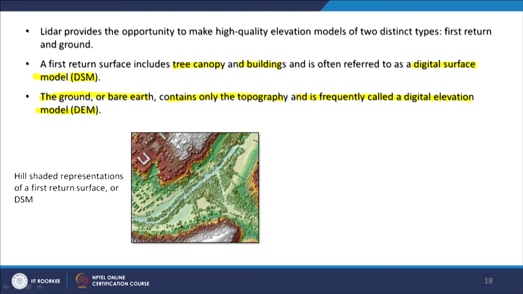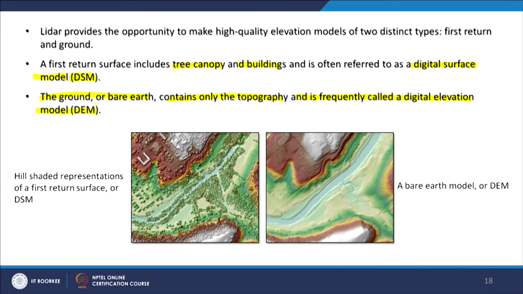Here on this image, you are seeing the hillside representation of the first return surface or DSM, and when features like tree canopies, buildings or any other human-made structures were removed, you get a pure DEM, the typical digital elevation model which we know. So, you can see the major difference between a DSM on the left image and a DEM on the right image. This DSM term has basically come in this domain, the LiDAR one.